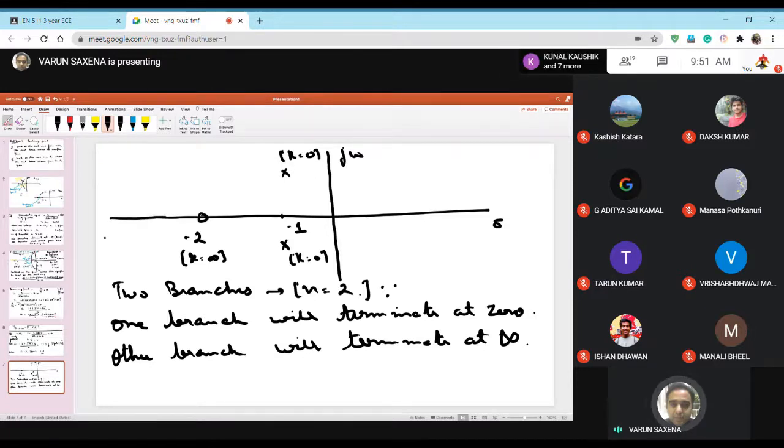Okay, so how do you think the root locus can move? The first thing that we have to do is find out where the breakaway point is. Let's look at where the breakaway point is. So where do you think, how do we proceed for the breakaway point? Let me just add a couple of slides.